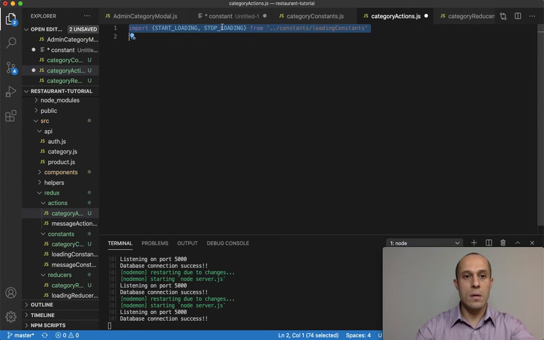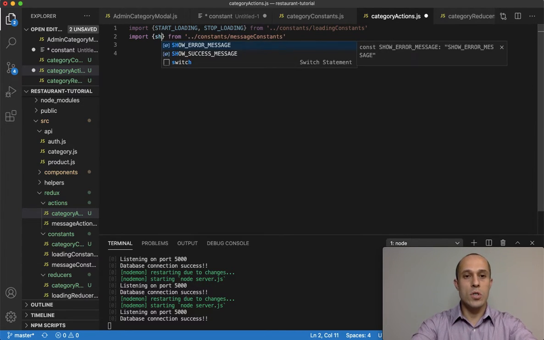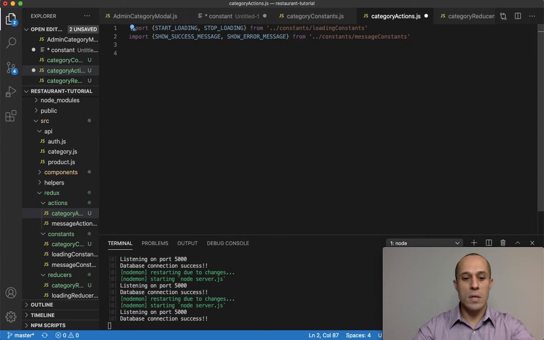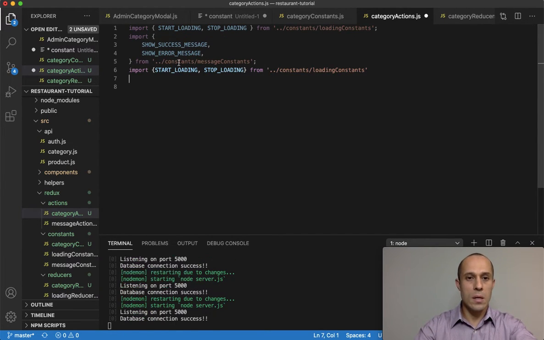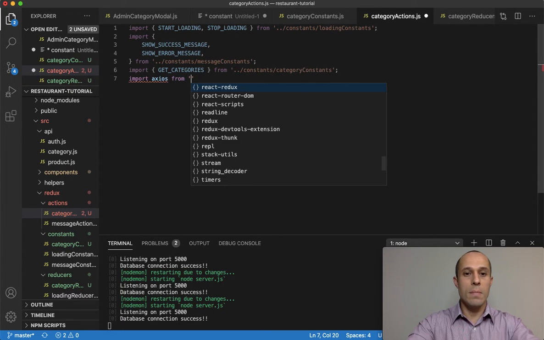and I'm going to copy this up here because I'm going to need some constants also from the messages. Message constants, and for the message constants we're going to need show success message, show error message. All right, that's all we need for now. And then paste again another one, because we're going to need constants from category constants, and that was get categories. All right, and we are going to be using Axios because we're going to be making an Ajax HTTP request. So let's go ahead and import that. Import Axios from Axios,